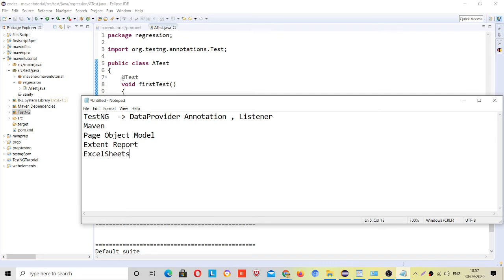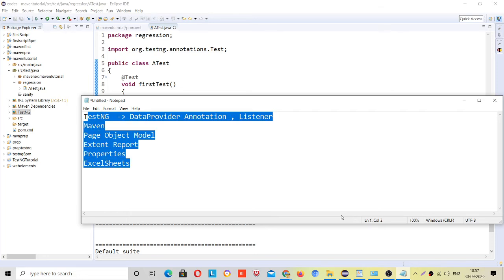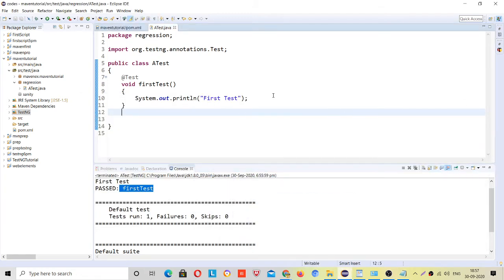And also properties files. You understand them one by one, covering each and everything, and then you will create a framework. Okay, so this is the first step that I have done.